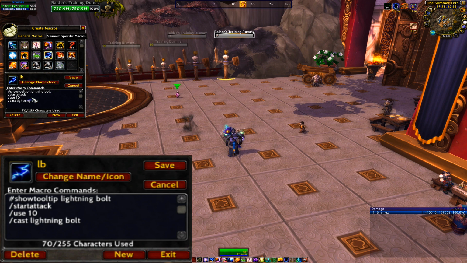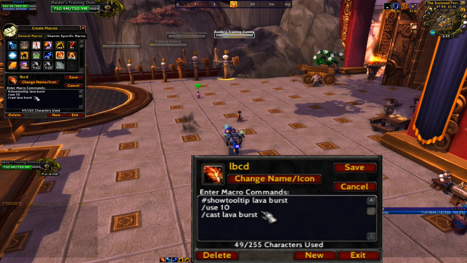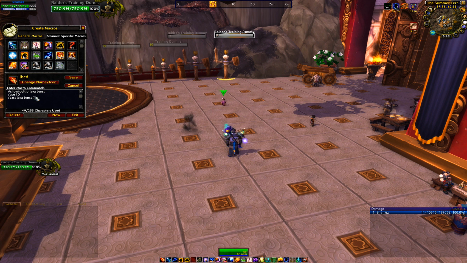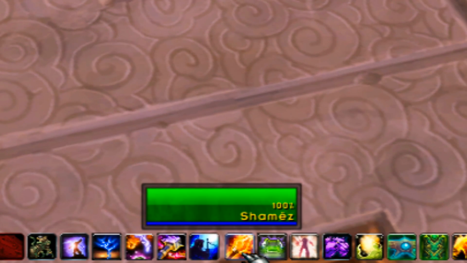And then Lightning Bolt, start attack with engineer tinker. Lava Burst, no start attack because you need Flame Shock on your target to cast Lava Burst, or you should anyway, and Flame Shock has the start attack on it. And then I have Magma Totem and Searing Totem in a cast sequence macro. The way this works is if you watch down here at the bottom where my spells are, I'll cast Searing Totem,